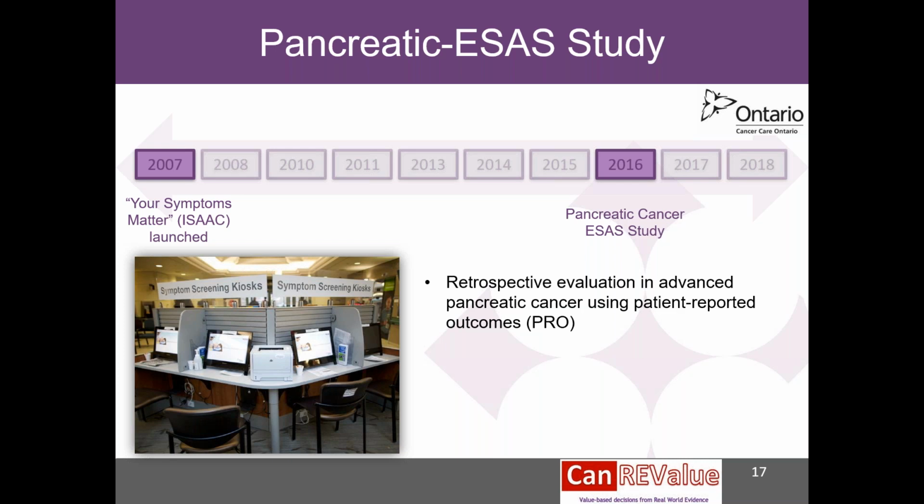But naturally, that created an opportunity to collect data about patient symptoms and their experience over a period of time. Therefore, if we take advantage of the availability of that data set, and combine it with other data sets that give us information about patients' use of drugs, for example, and how long they live, then we can map out the entire experience of patients, how their symptoms change over time, and also look at the effect of drugs on their symptoms.